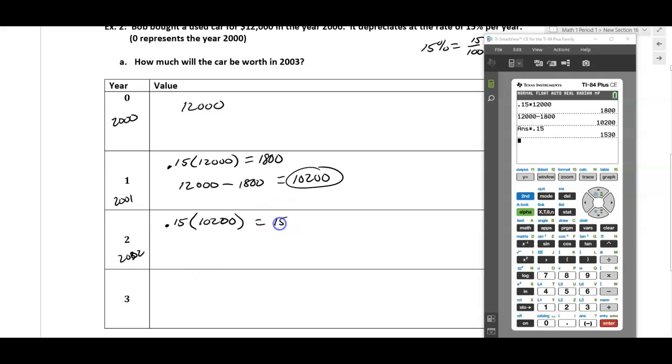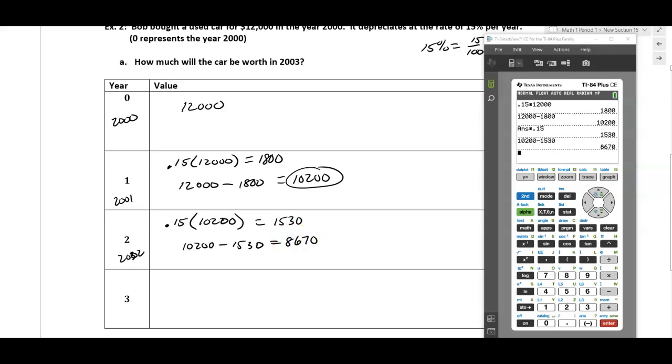So that's how much it's going to go down this year. So now the new value, 10,200 minus the 1,530,